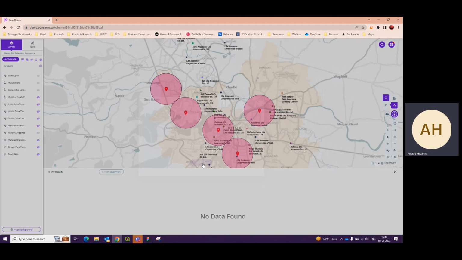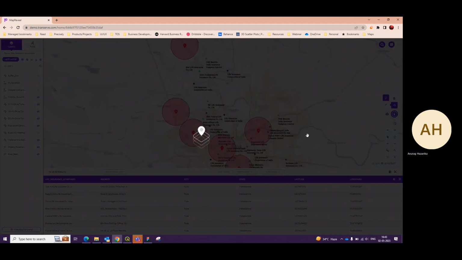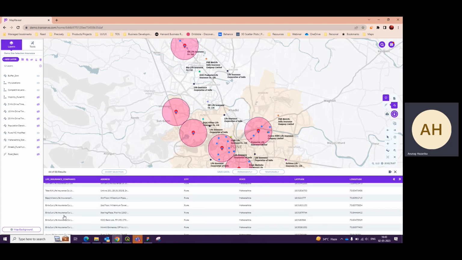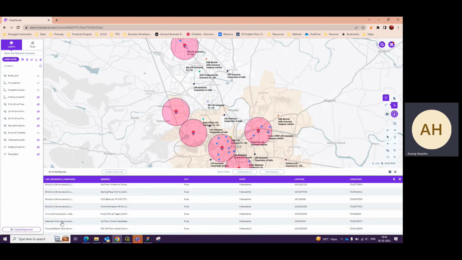Once I hit the submit button, the filter essentially runs, and it has identified that 44 out of those 88 primary competitors are within a 2 kilometer distance from where my existing locations are. And as you can see here on the left hand side, these are those 44 results that have satisfied this